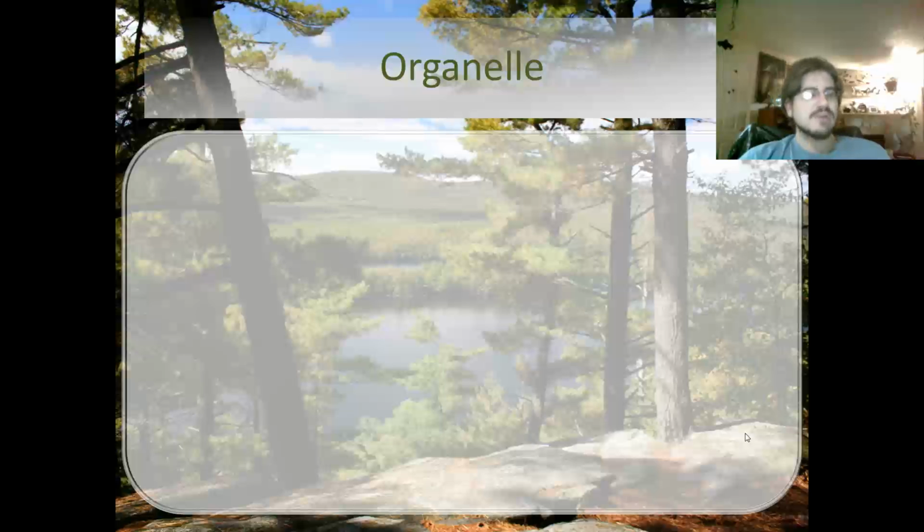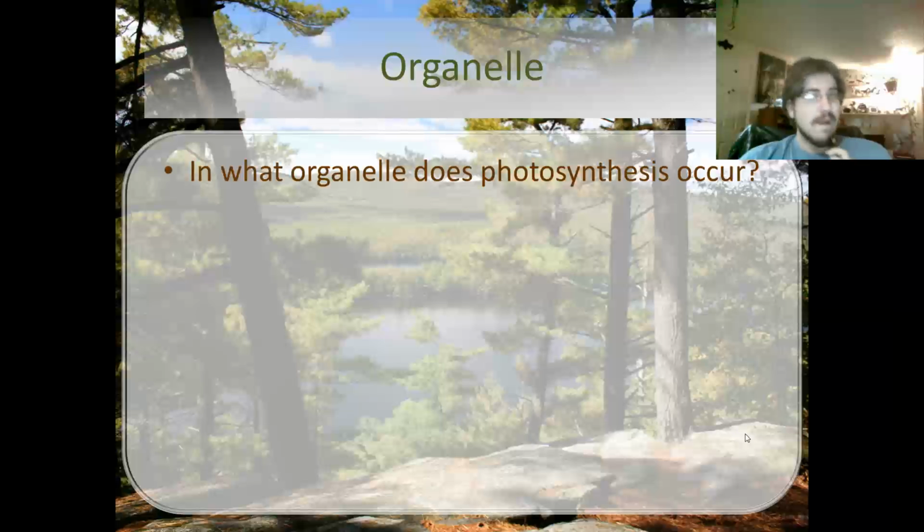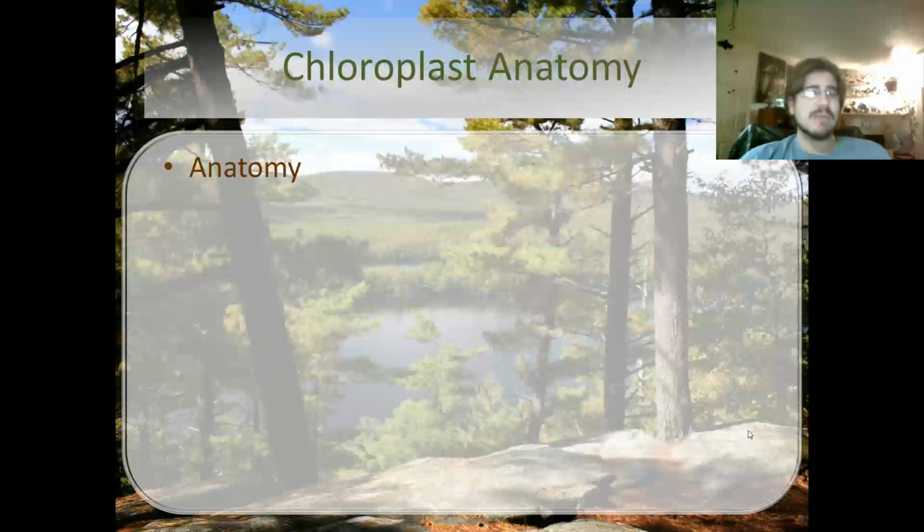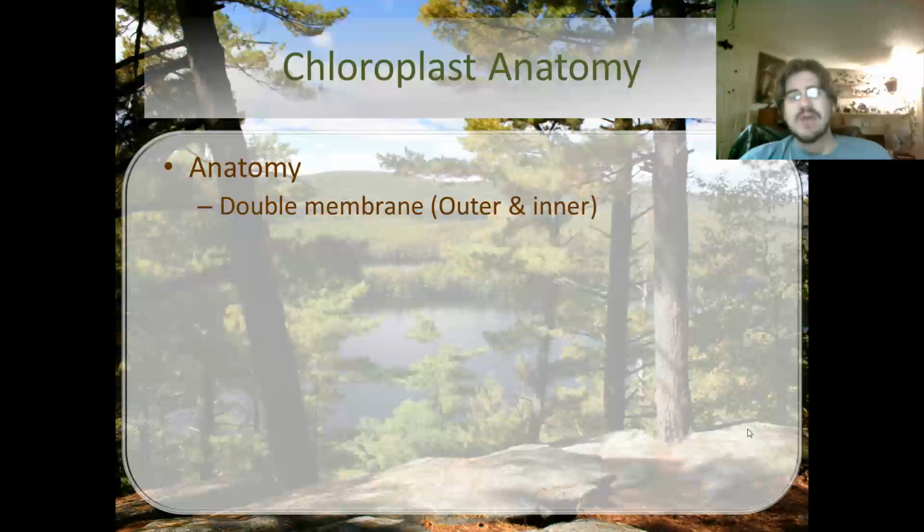We did that tour of the cell, so we know which organelle, right? That's right. The chloroplast. So, what is the anatomy of a chloroplast? Well, in case you've forgotten it, a chloroplast has a double membrane, an outer membrane and then an inner membrane. Then they have the fluid-filled environment of the chloroplast, and that fluid is called the